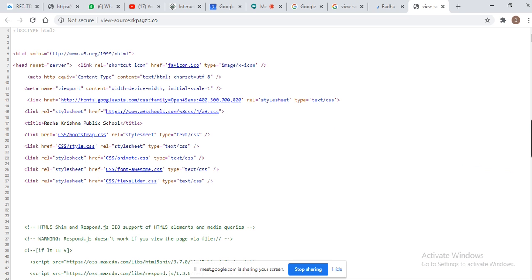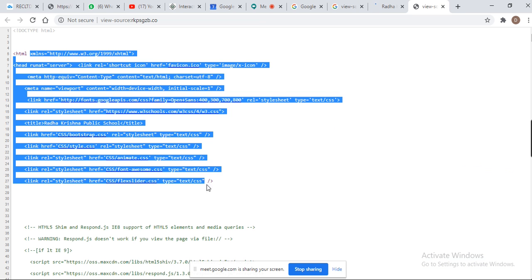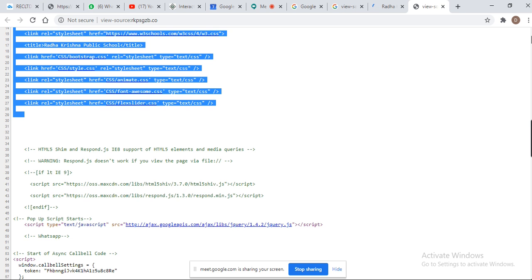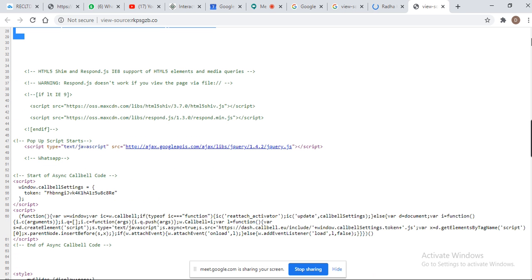Just wait for a minute. So you can see here, this is the HTML, right? Here you can see the starting doctype html, document type HTML, and these are the CSS tags and meta tags as well, and some CSS related information. CSS is Cascading Style Sheets.